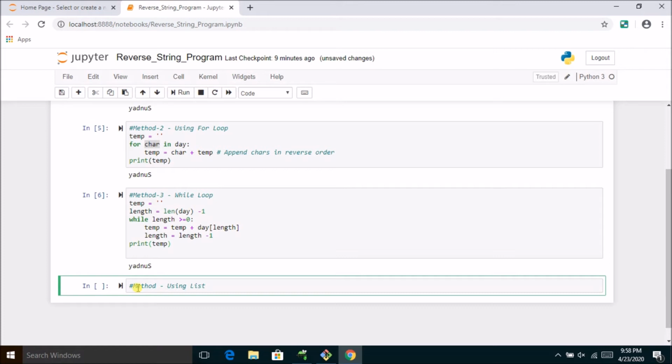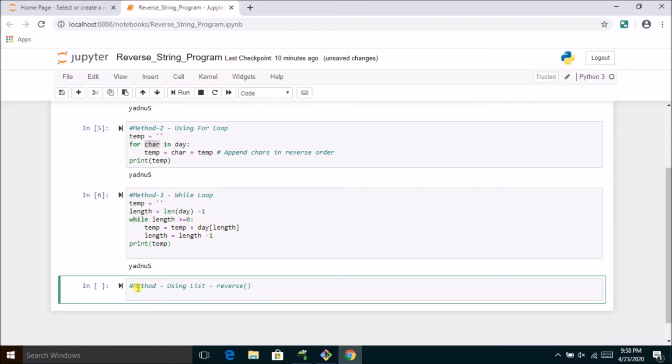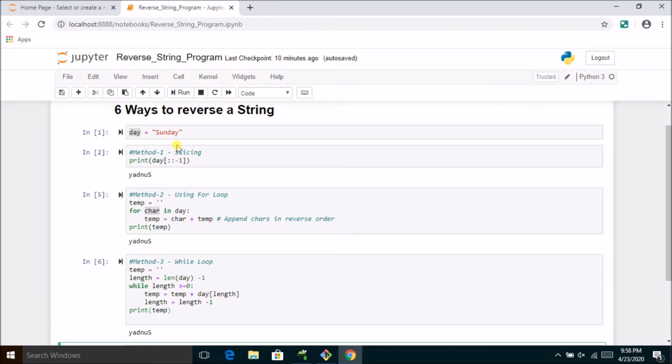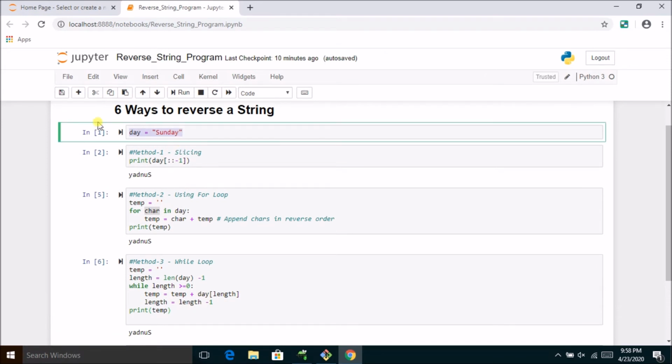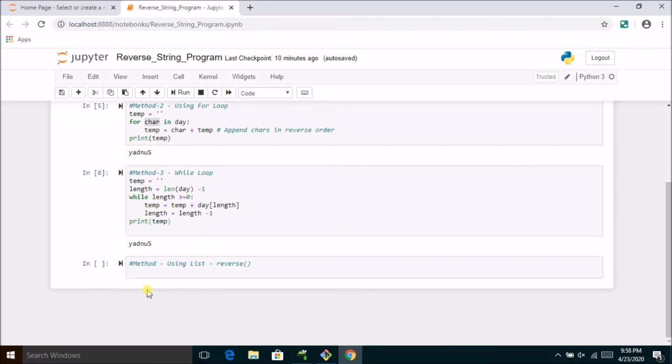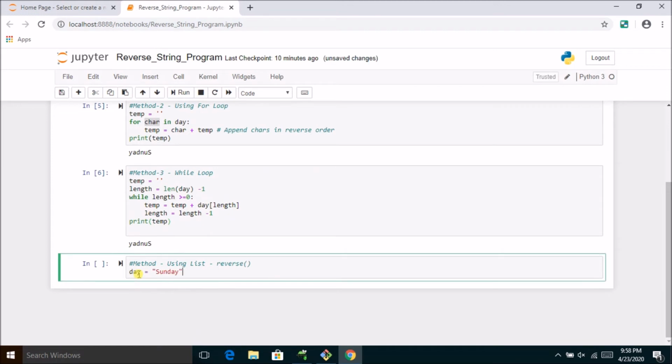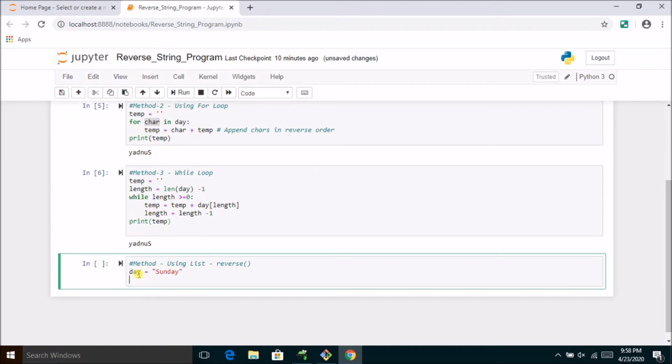And list has a method which is called reverse method. So we will use that reverse method of the list to do the reverse. So how can we do this? I will take the same variable here, day. So this is my day, and let's apply reverse method. So I will create a temp list. I will take a variable temp list equal to,